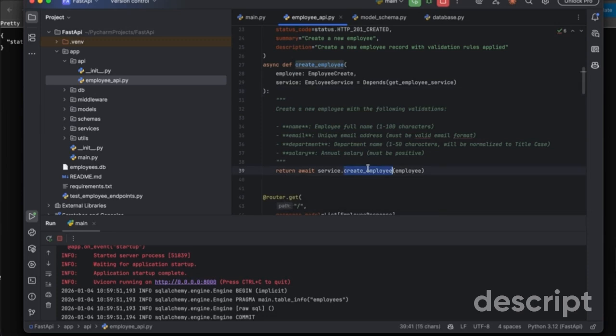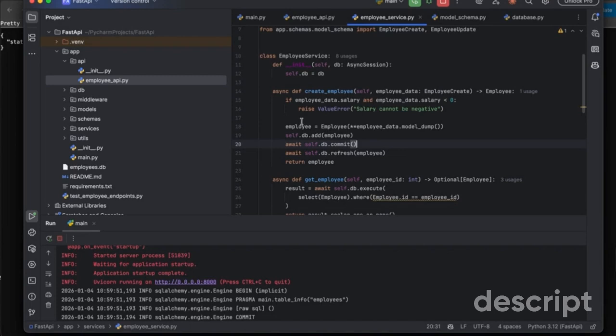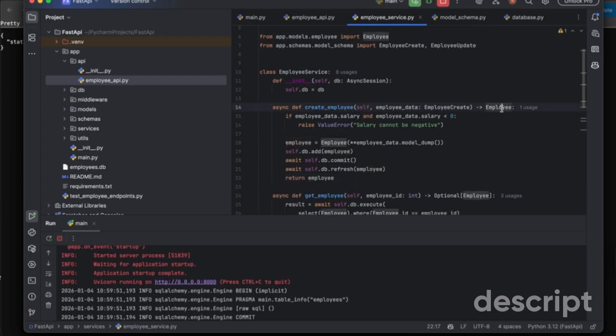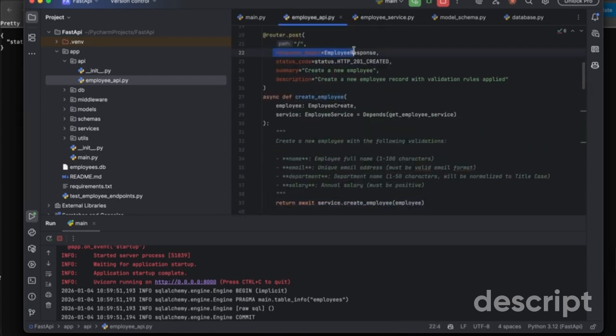Once this part is done, we call the service layer. The service layer has this create method, and you pass your request object here. And then you have your create employee. In the employee, we already have an HTTP exception here. Then you are creating your employee object, adding that into your database, and once you have added that into your database, you have committed that particular employee object and you are returning an employee. So the employee object is returned as your response.